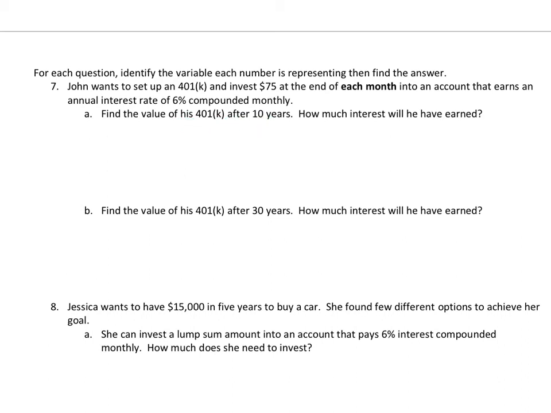Okay, so let's see. He's investing $75 a month, so that's my D, that's the amount depositing. Interest rate was 6%. The compounding period is monthly. It says monthly right here, so K is going to be 12. And then for how long? 10 years. Okay, T is going to be 10. So again, I'm going to use Google Sheet. I'm going to use equals future value. I'm going to do 0.06 over 12. So that's periodic rate. So I'm going to take the interest rate divided by K. So R divided by K.